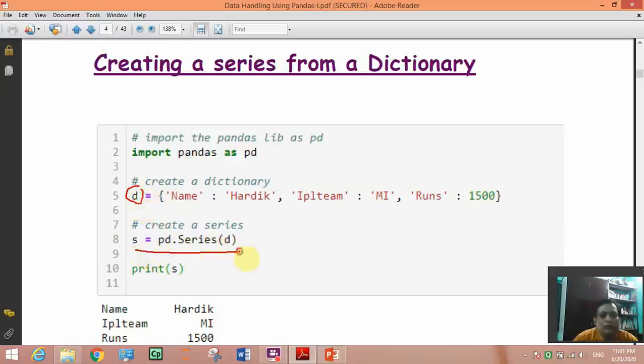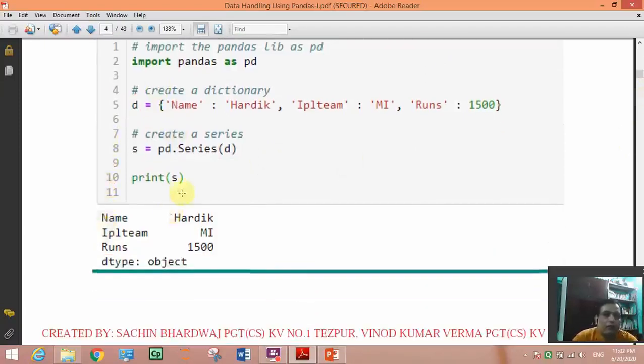Again we have to use the same thing, pd dot Series, and the argument will be D. Pandas will take keys as index and values as data.